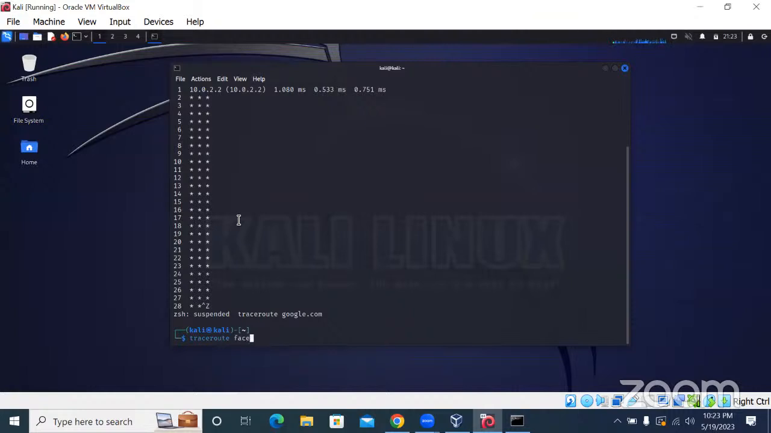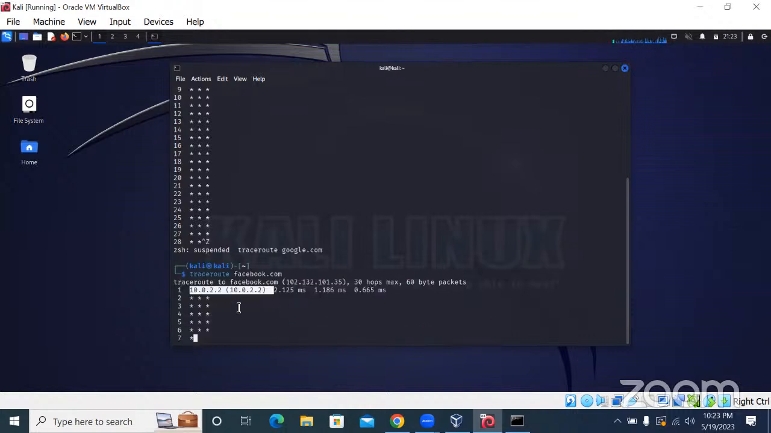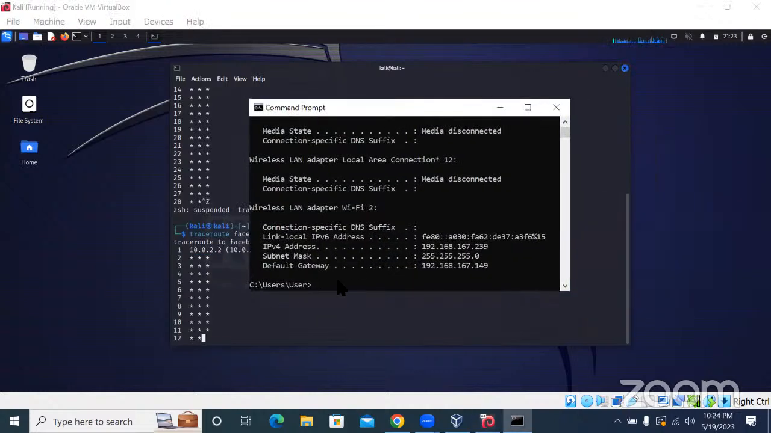So let's try facebook.com and see. So this is our own IP address. So it's supposed to move from this IP address to another, to another, to another. Okay, let's try that on our